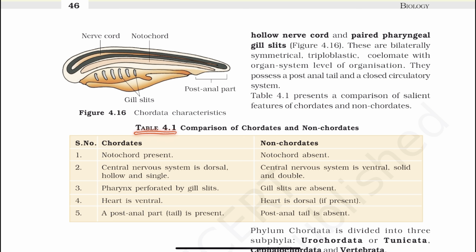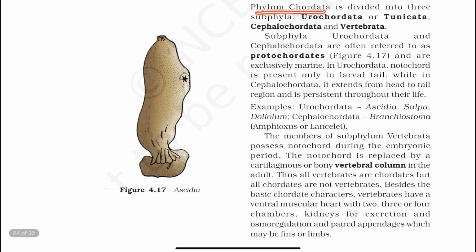Table 4.1 Comparison of chordates and non-chordates. Chordates: notochord present, central nervous system is dorsal, hollow and single, pharynx perforated by gill slits, heart is ventral, post-anal tail is present. Non-chordates: notochord absent, central nervous system is ventral, solid and double, gill slits are absent, heart is dorsal if present, post-anal tail is absent. Phylum Chordata is divided into three subphyla: Urochordata or